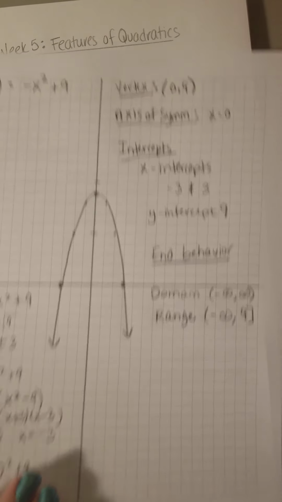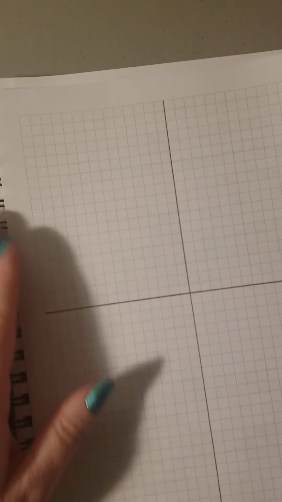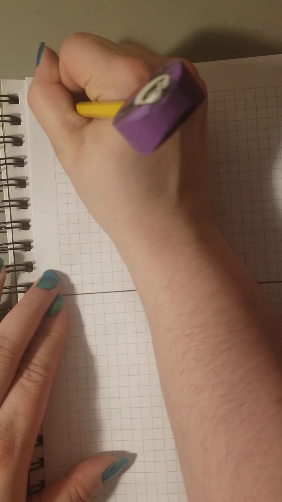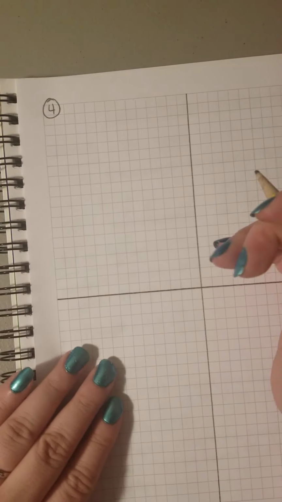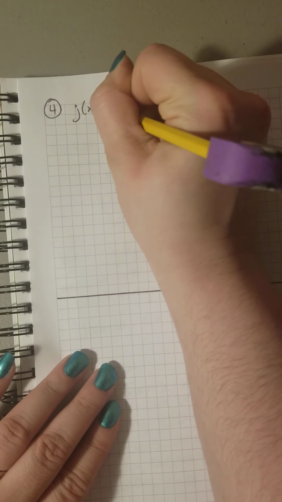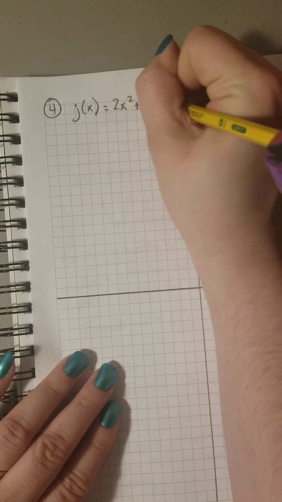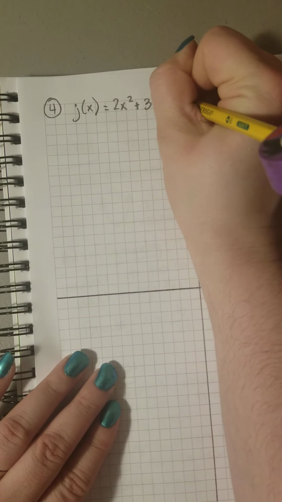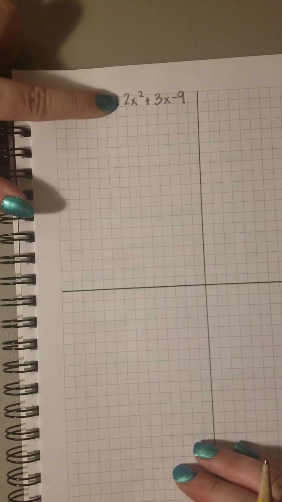All right, last one. And the last one's the trickiest one, in my opinion. Number 4. Number 4 is kind of like an example we would use if we were going to do something like the ninja trick or something like that. So in this one, I'm going to call this one j of x. Let's call this 2x squared plus 3x minus 9. And again, if you guys saw that, you could do the ninja trick and come up with the 2 factors,